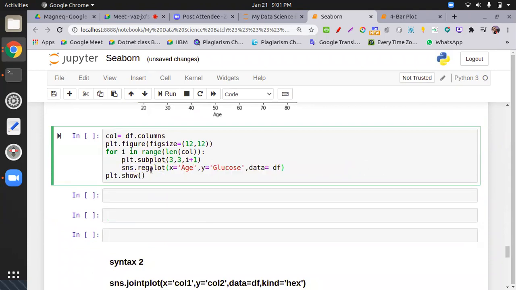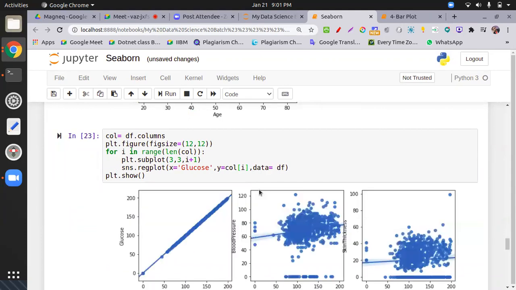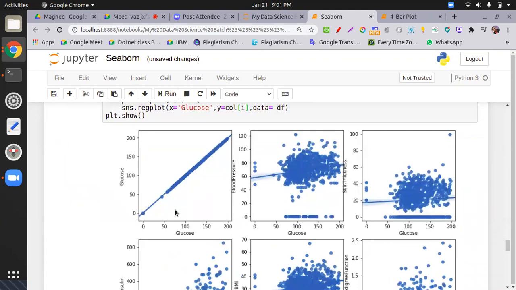What I'm fixing here is glucose. I want to analyze my glucose behavior with respect to all columns, so I just put a loop over the columns. It's working. Glucose against glucose gives a straight line, because of perfect correlation.